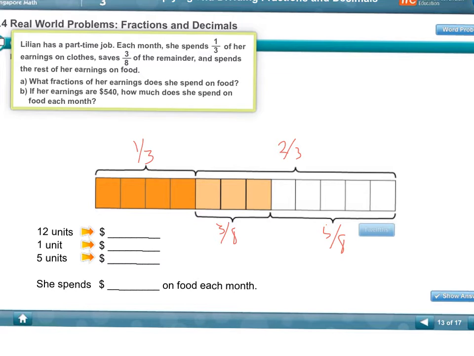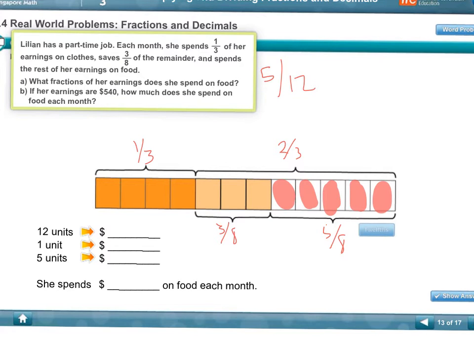So what fraction of her earnings does she spend on food? We can count this. There's 1, 2, 3, 4, 5, but it's not 5/8. It's what fraction of her total earnings is spent on food. So it's 5/12, because there are 12 divisions going across this entire problem. So it's slightly less than half of what she makes. So being able to come up with this fraction of 5/12